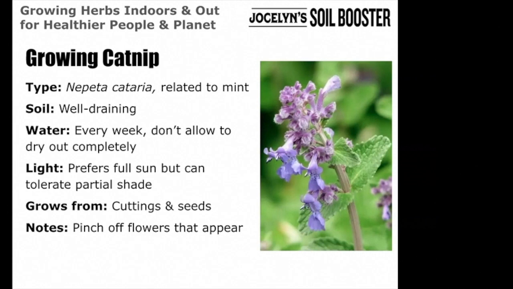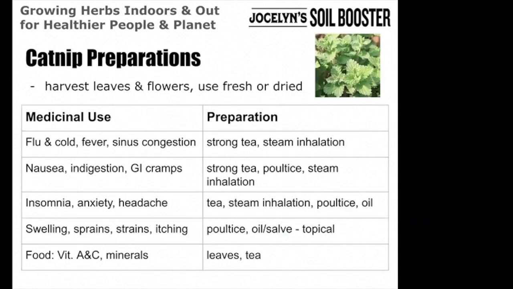And here, if you pinch off the flowers and actually the whole tip of the stem where the flowers start to form, then it'll make your plant grow bushier. And again, when you pinch off the flowers and the tips of the stems, you can keep those, and those are really great for tea and tinctures as well. So you can really harvest.